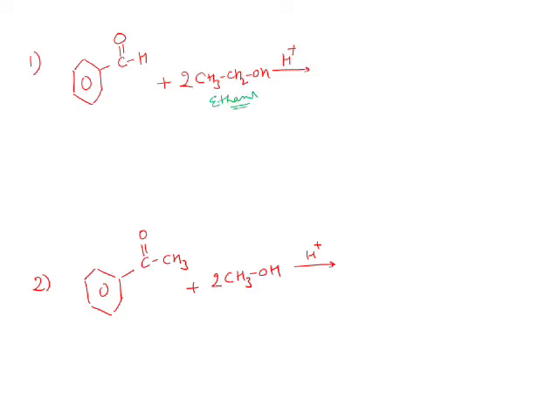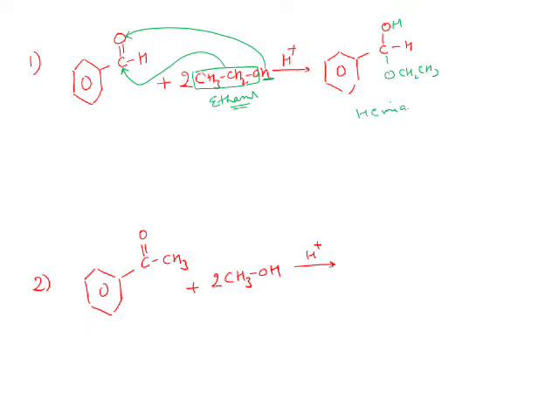The first molecule of ethanol, this CH3O group is going to attack this carbonyl group, and the hydrogen from the first molecule of ethanol is going to go on this oxygen, and then you're gonna make a product something like this, OH, then you have hydrogen, then you have OCH2CH3, and this is hemiacetal,